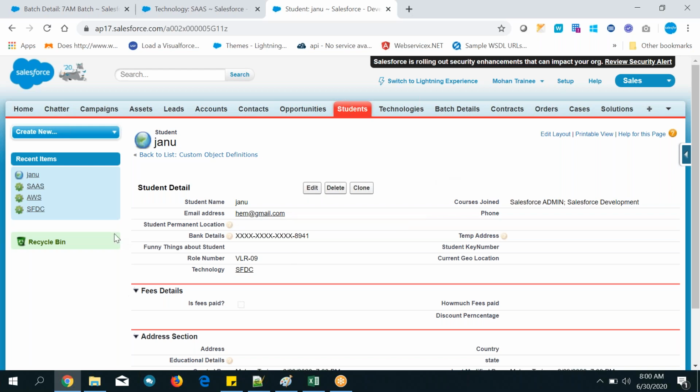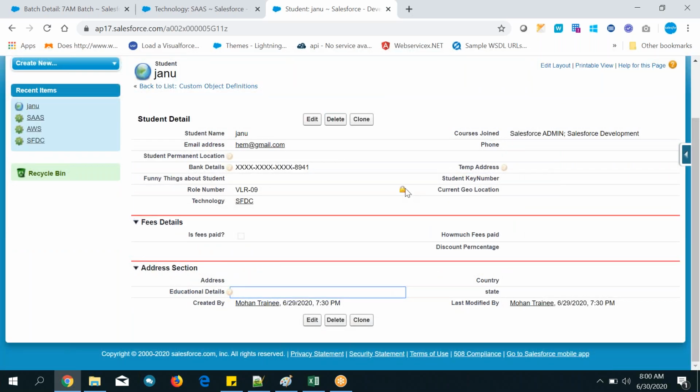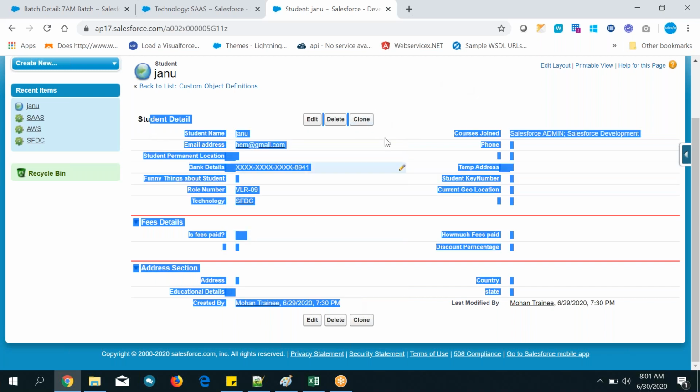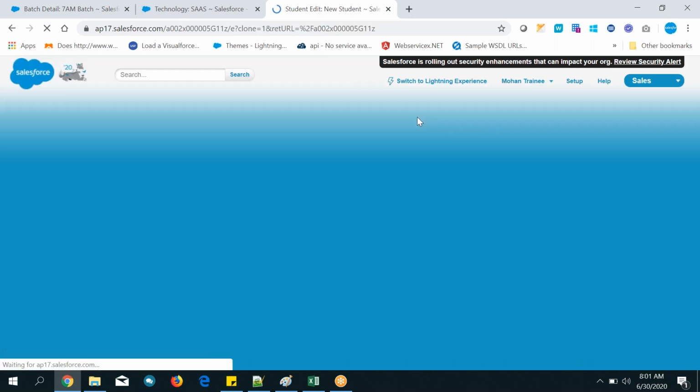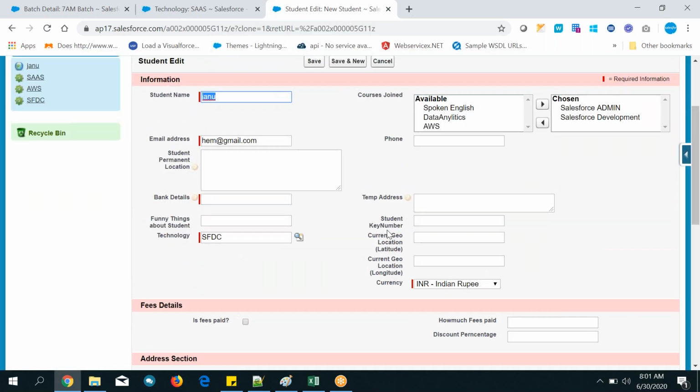Cloning means it will copy the existing data. In Hollywood movies you can see cloning, right? Human beings themselves are cloned by others, with the same face, in movies like Resident Evil. Here also, same way, cloning means it will copy the existing data. See here. Can you see? All the data is copied.